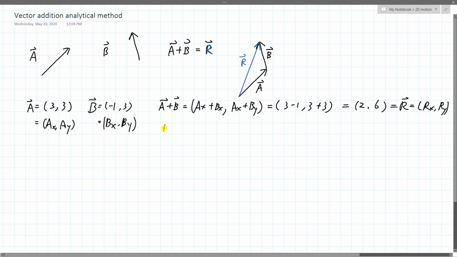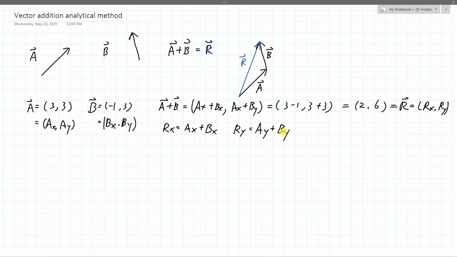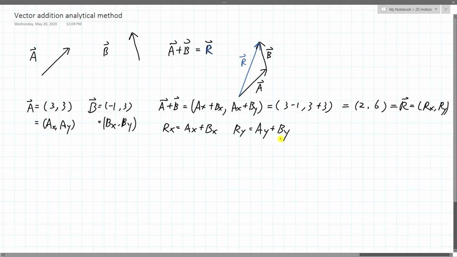So we see that resultant x is the sum of the x components of the two vectors, and resultant y is the sum of the y components of A and B. All right. So this can be expanded into more complicated calculations. So first, let's expand one element: how to multiply a vector by a scalar. I think we have done just a little bit of that in the previous video.